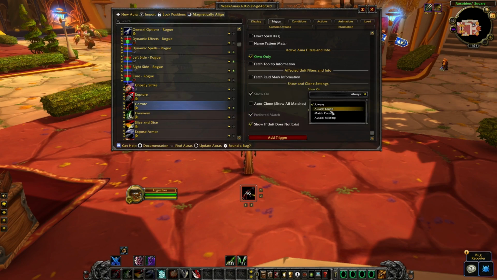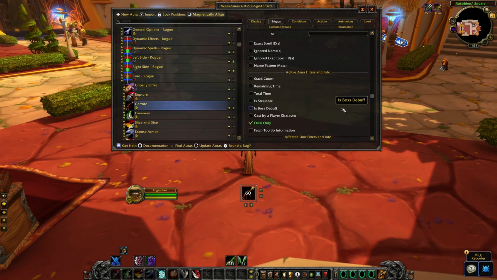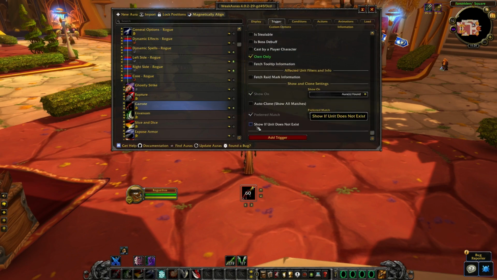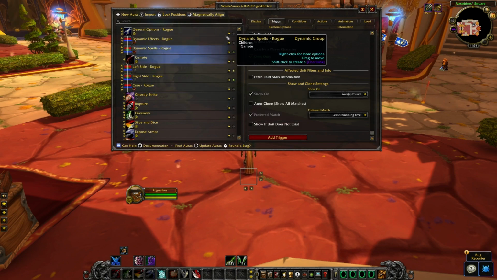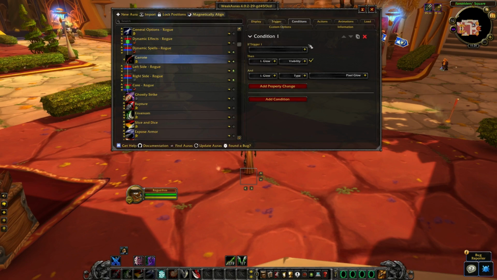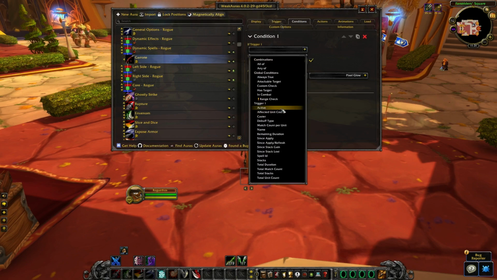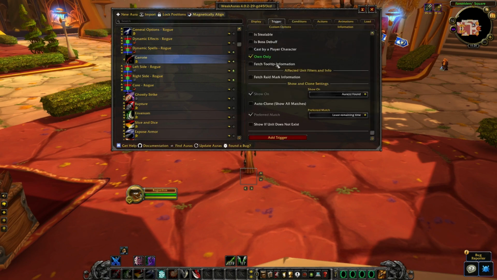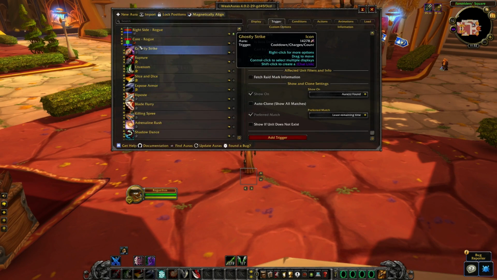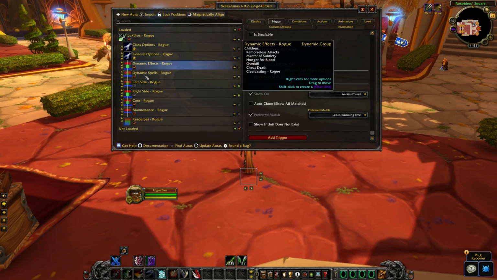So you're simply going to need to do this. I'm going to move it back to aura found here. And then we're going to remove the "if unit doesn't exist" because we're going to reset it into the dynamic spell category right here. There we go. We're going to change this back to active. So it's a different trigger, so the condition has to be changed. There's a little bit of WeakAuras knowledge, but I'm showing you exactly how to do it if it's something that you would like to change. So there you go. You can do this, and it's going to be quite easy to customize